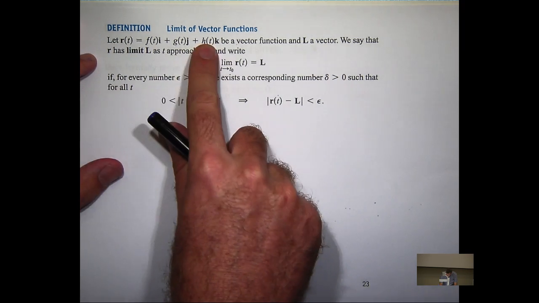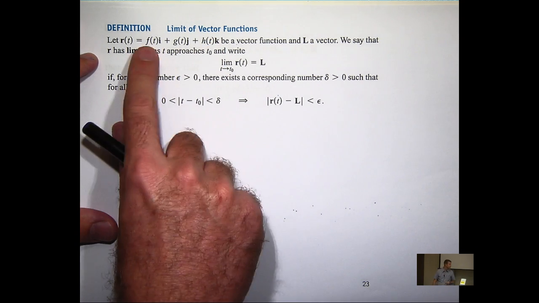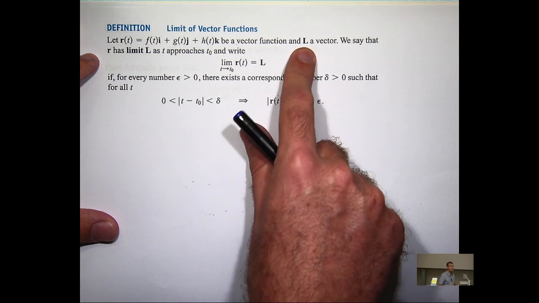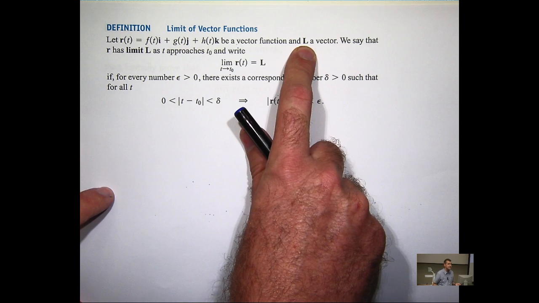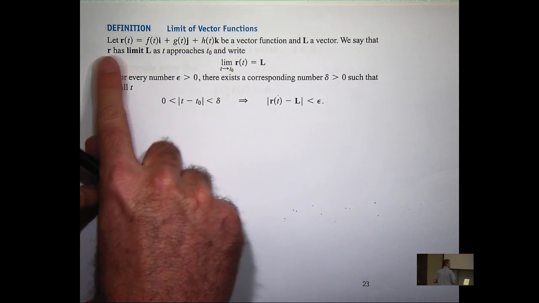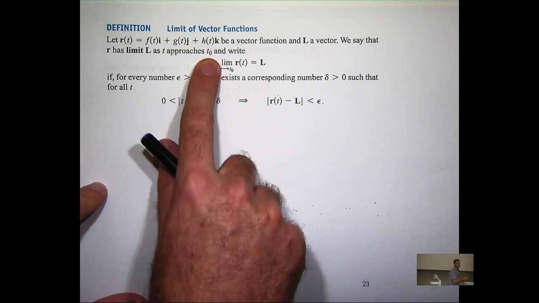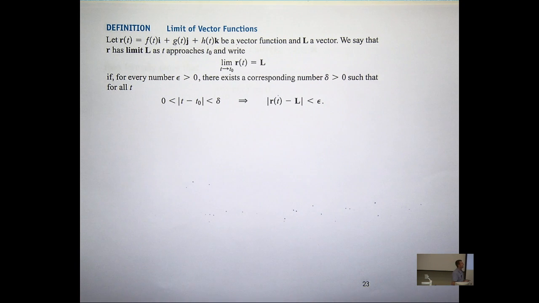Suppose we have a vector function here with these functions as the coordinates. Let this boldface L be a vector. We say that the vector function R has a limit, vector L, as t approaches some number t naught, and write this, if